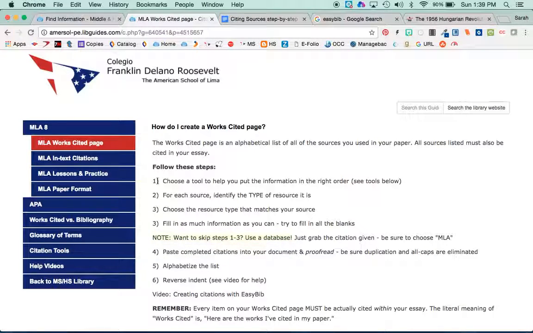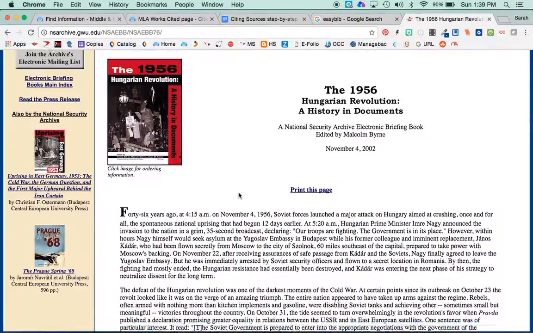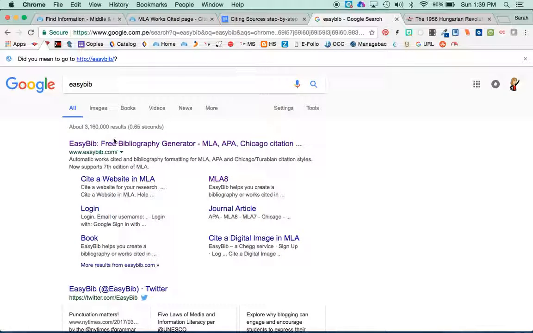Okay, so I've skipped all of these steps. I didn't have to make any citations. They were there for me. If I find, however, a website and it has information that I want to use, I do have to do the citation myself. So I'm going to copy the link, and I'm going to show you how to do it in EasyBib. EasyBib is probably one of the most common ones that we use. MLA 8 I'll choose,